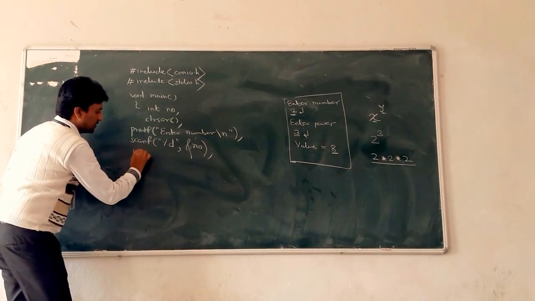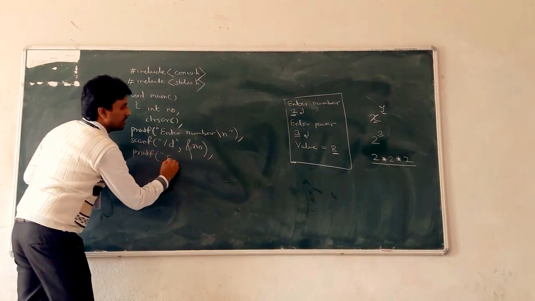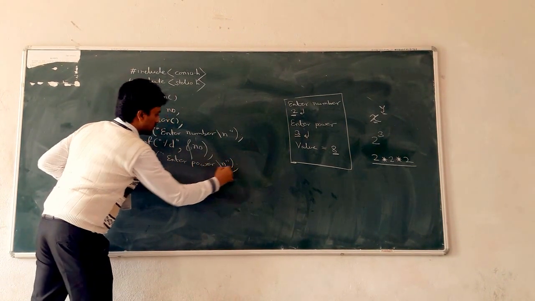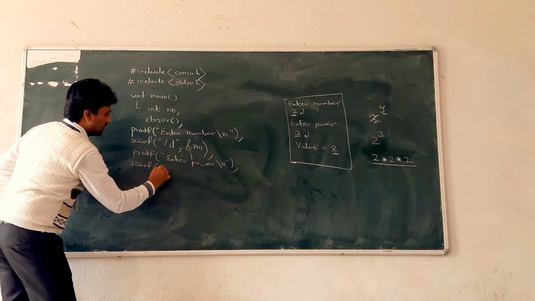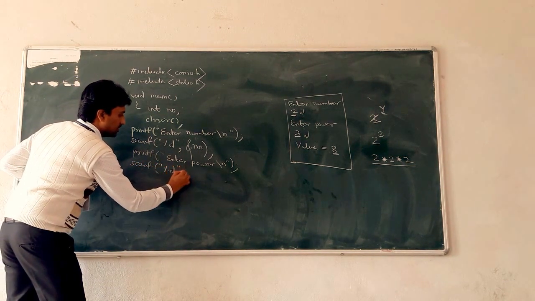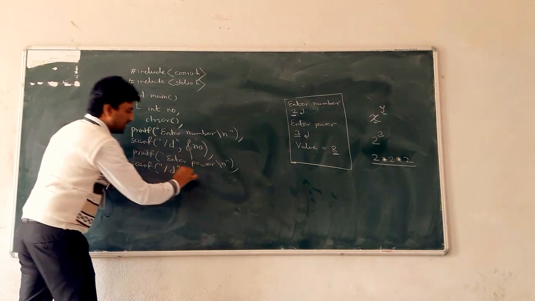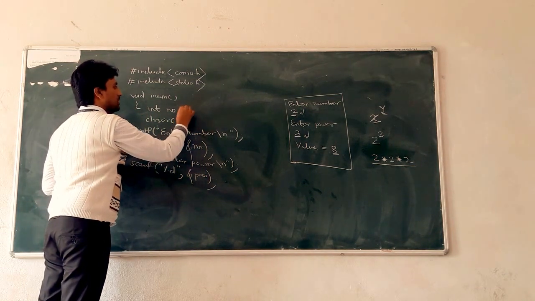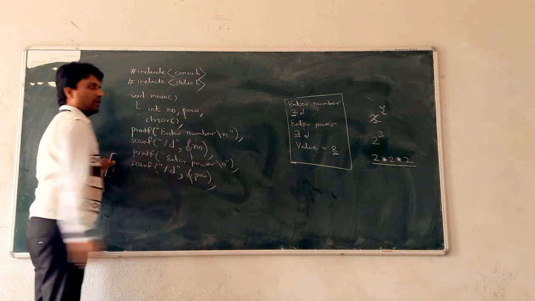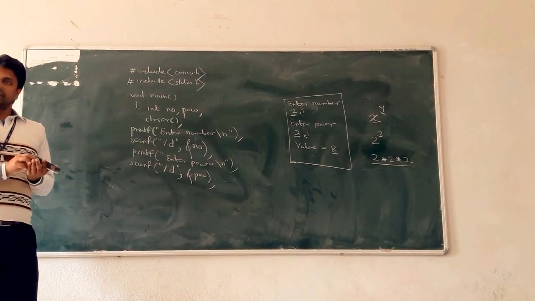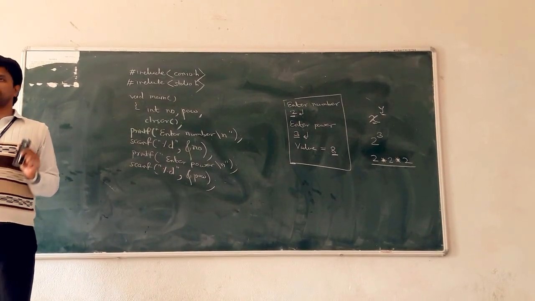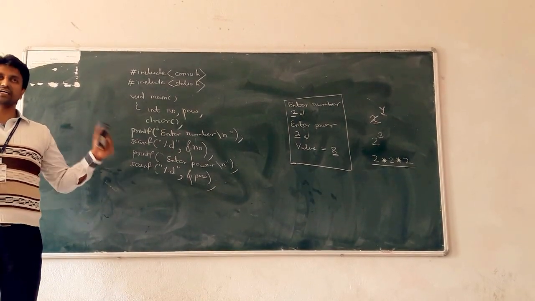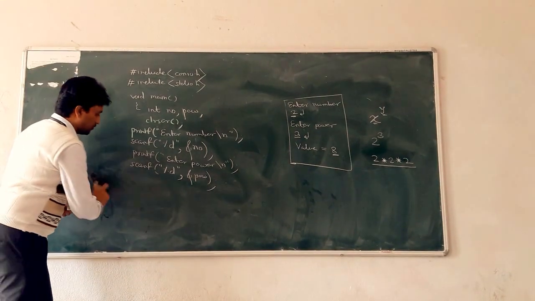After that, printf, enter power with backslash n, double quotes complete, scanf %d double quotes complete, then comma, then ampersand of power. So take that power value into the power variable. Now after that, the logical part is there. What do you have to use? The for loop. The condition is to use the for loop and solve that part. Okay, so use the for loop.